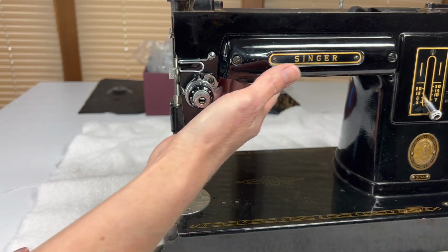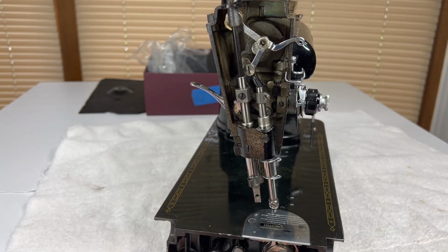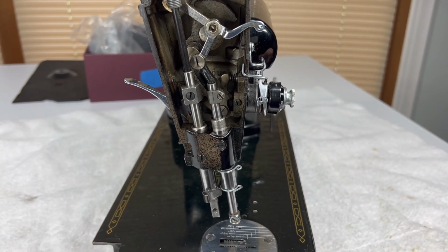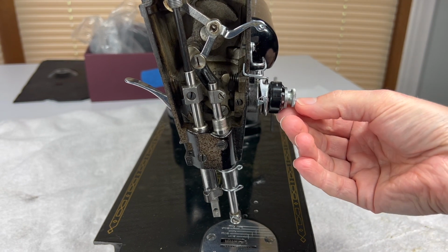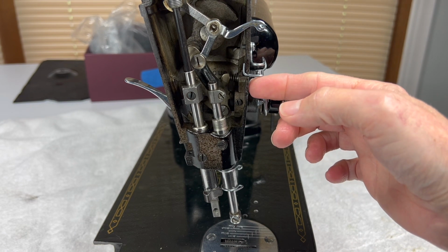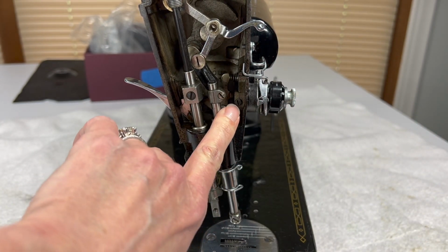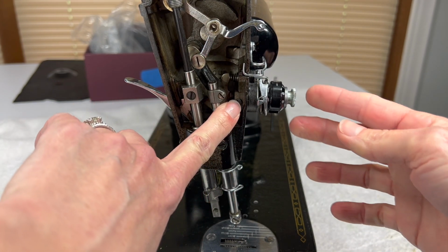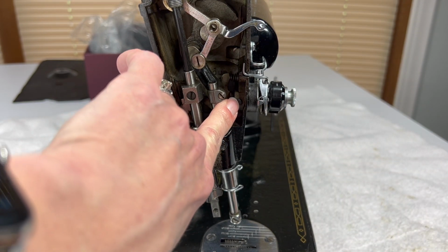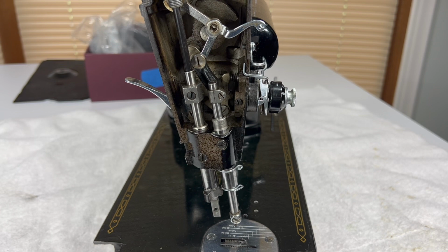So if we just want to remove the whole tension assembly all at once, I'm going to turn this so you can get a better look into the nose of the machine. There is a stud that begins, you can see it at the end of the tension assembly, and it runs all the way through the center of the assembly and stops back here inside the nose. Here's a little set screw that, once you have the stud situated the way it's supposed to be, you would tighten up against the stud. So I will show you how to remove the whole thing,